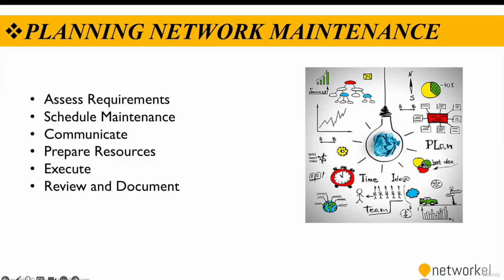The second step is scheduling the maintenance. You need to choose off-peak hours to minimize the disruption and estimate how long maintenance will take and plan accordingly. The third step is communicate. So you need to inform users and stakeholders about scheduled maintenance and potential impacts and provide progress updates and post-maintenance